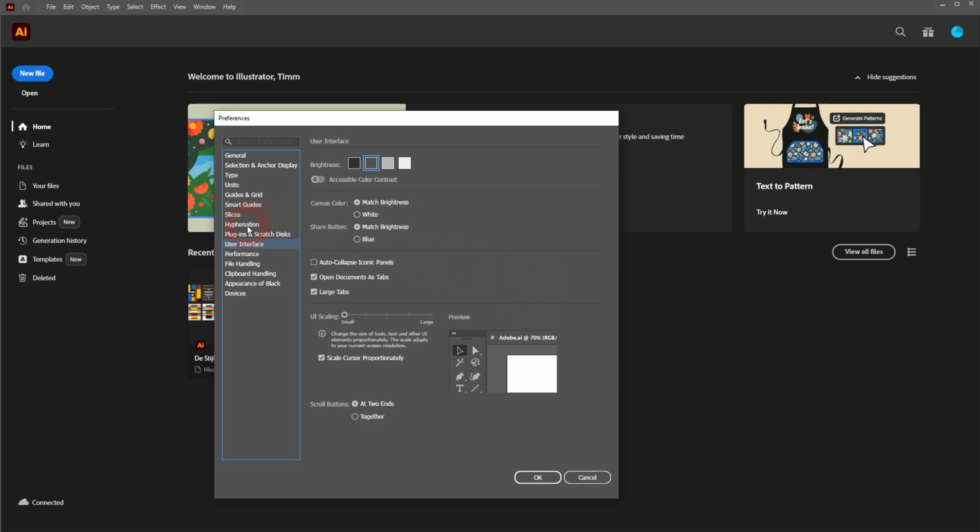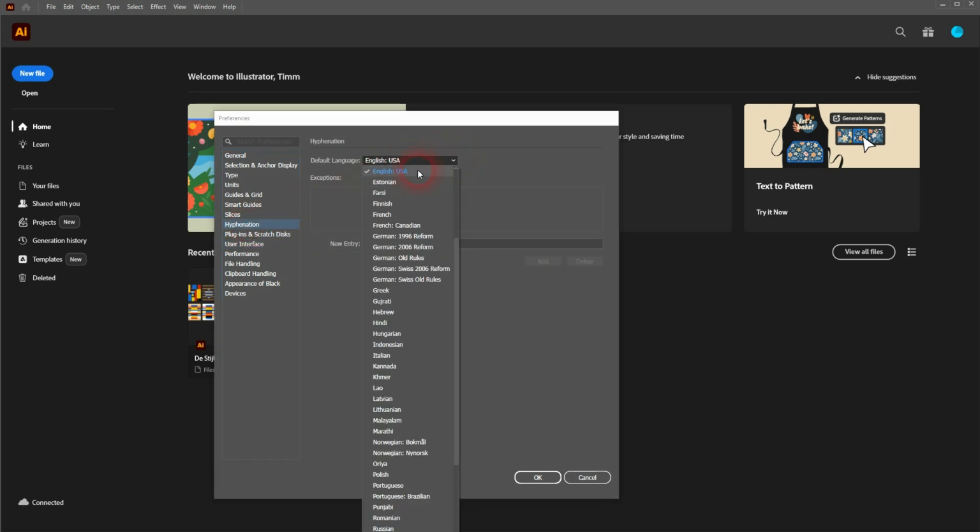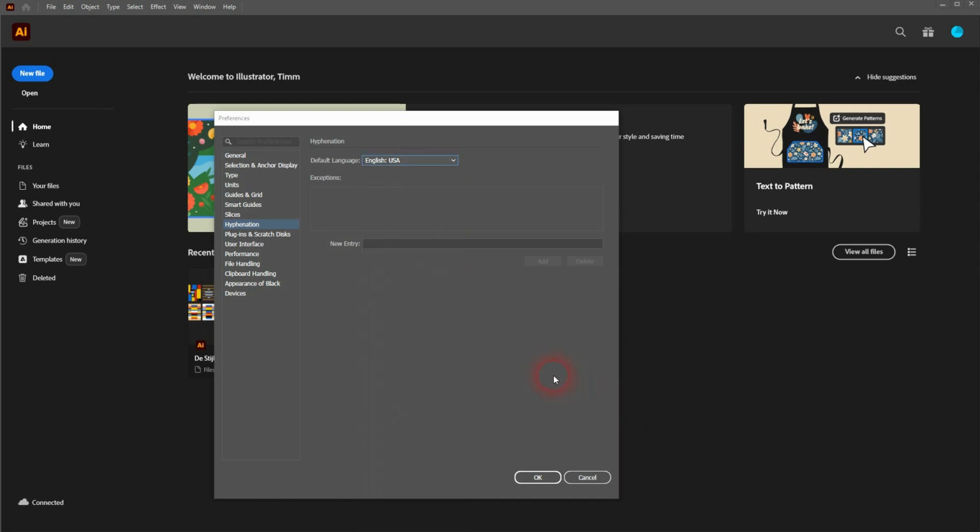You might have found something under hyphenation. There is a language option, but this doesn't work for the UI, so it doesn't change your user interface. It's only for the hyphenation. So if you want to have a different language than the one that you've got installed, you have to check